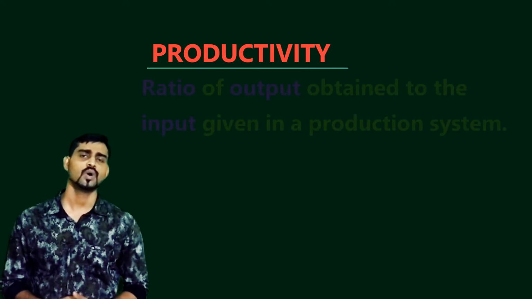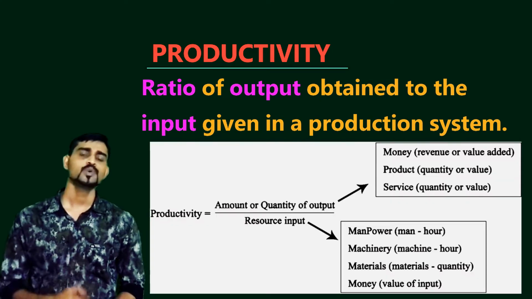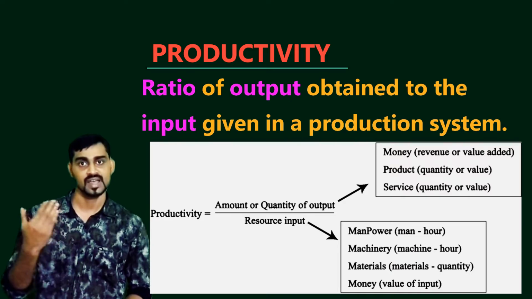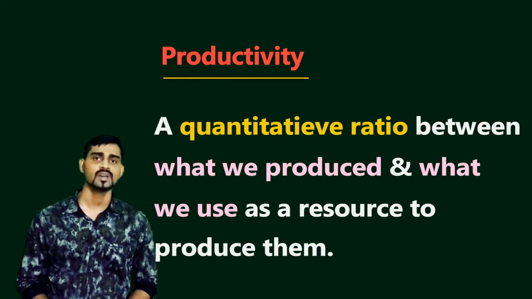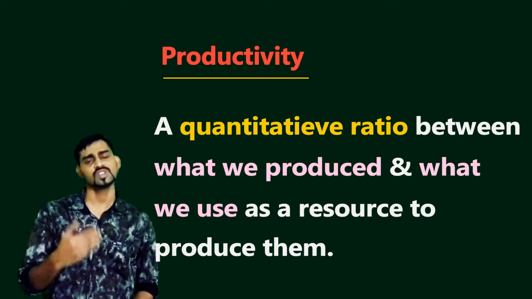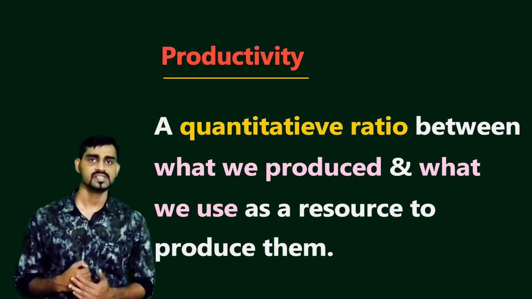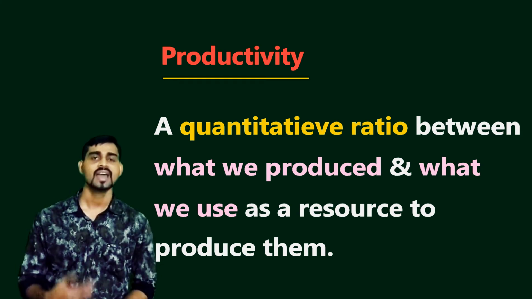So now comes the term productivity. Productivity is the ratio of the output obtained to the input given in a production system. The output may be goods or services and the input may be raw materials, man, machine, energy or whatever you are feeding to the production system. Productivity compares how efficient your production system is. It is a quantitative ratio between what we produced and what we used as raw material to produce that particular product. The basic aim of every organization is to increase its productivity by applying the latest technologies and equipment